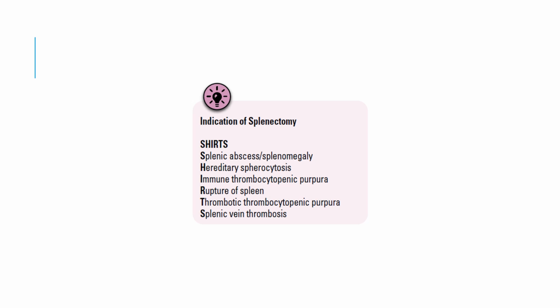Now, what are the indications of splenectomy? It can be splenic abscess or splenomegaly. Hereditary spherocytosis is one of the main indications of splenectomy. ITP, if refractory to other medical management, you can go for splenectomy. Rupture of spleen, but usually in traumatic splenic rupture or splenic trauma, we try to save the spleen as much as possible. But if it's beyond the manageable capacity, or if there is a large rupture, severe bleeding, and the patient is in shock, you may have to opt for